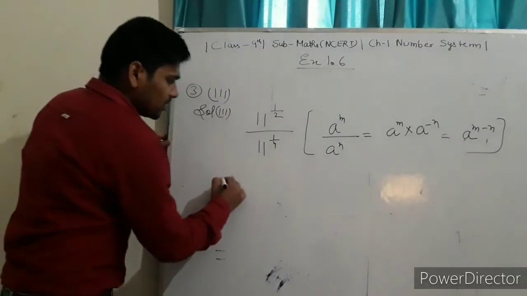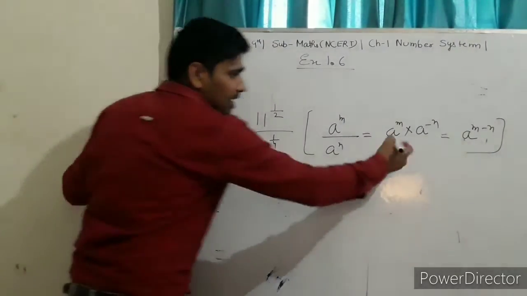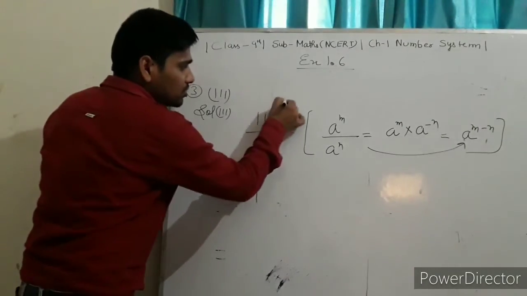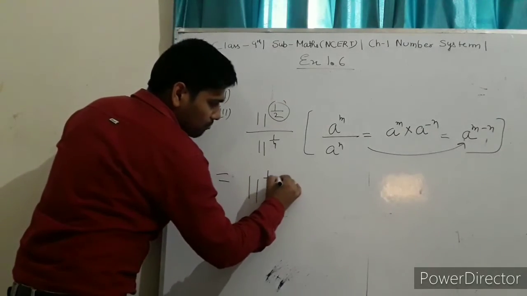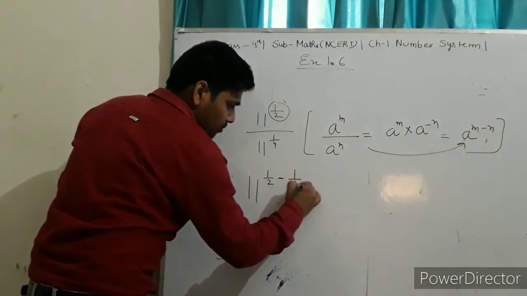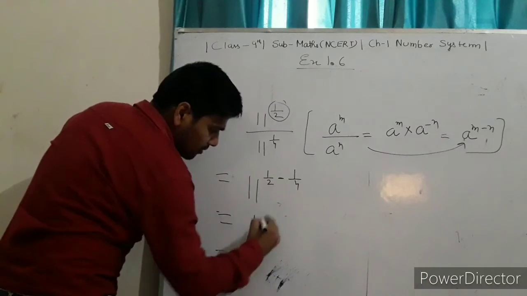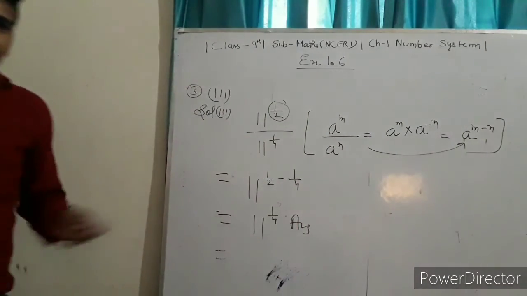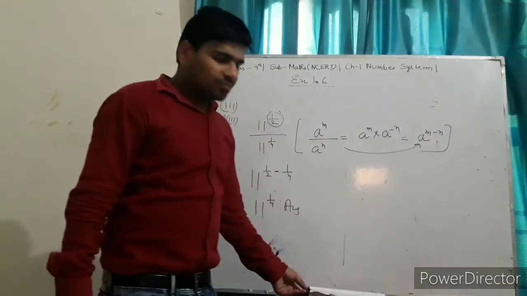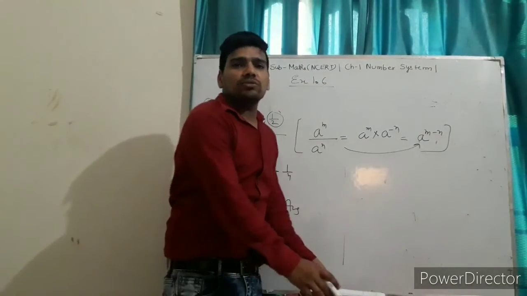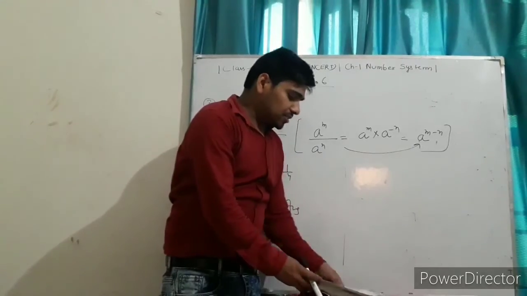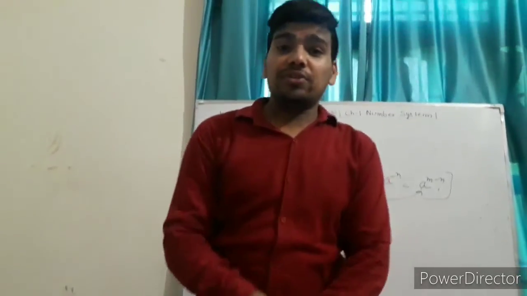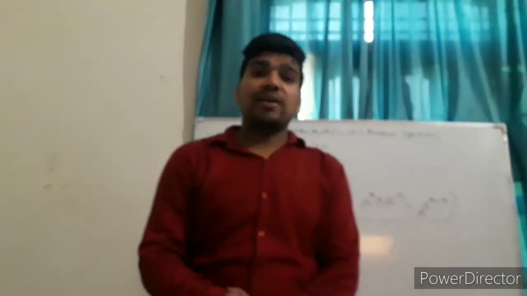So similarly, this can be written here, at last you got this, so this one becomes 11 raised to power m minus n, 1 upon 2 minus 1 upon 4, so this one becomes 11 raised to power 1 upon 4, the answer. Okay student, next part you have to try yourself, and today I have completed your first chapter of your NCERT maths book